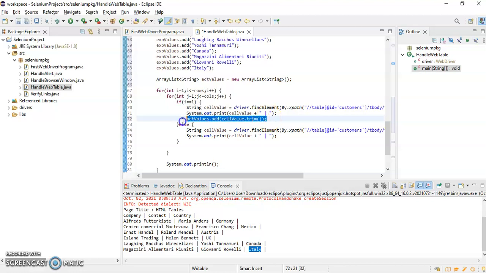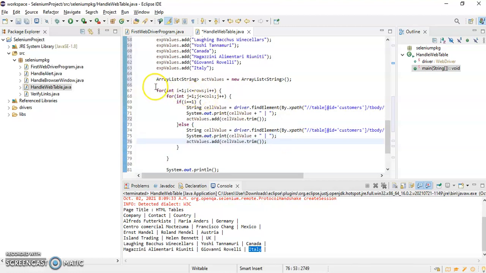Same thing I will write here as well. So now we have got our actual values also. I'll write a comment here: retrieve actual values from the web table during runtime.